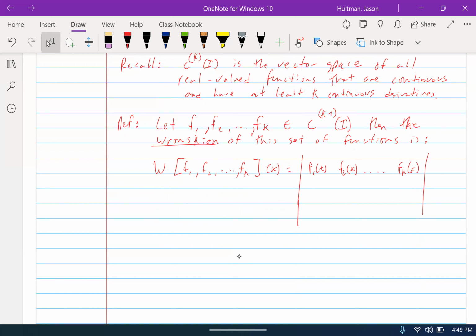The first row is the 0th derivative, and the second row is the first derivative. We create a square matrix by taking successive derivatives. So the next row would be f1 prime of x, f2 prime of x, dot, dot, dot, fk prime of x. The next row would be f1 double prime of x,